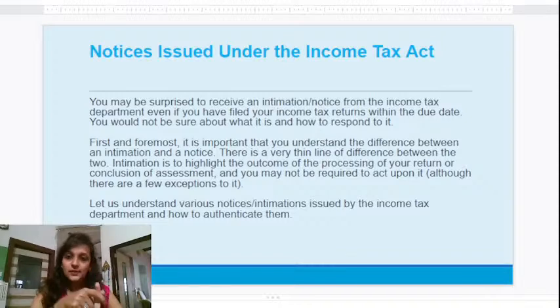There is some math behind the selection of cases for scrutiny. There are two types of scrutiny assessments: manual and compulsory scrutiny cases. While the reasons for manual selection for scrutiny are case specific and can be avoided with little care on the part of the assessee, the compulsory selection can't be prevented. The following are the most general reasons for the selection of your case for scrutiny, along with ways how you can solve them.